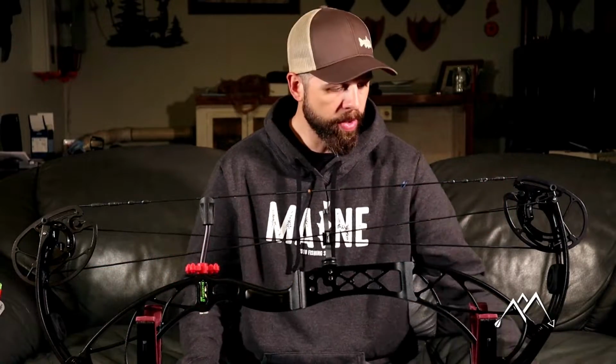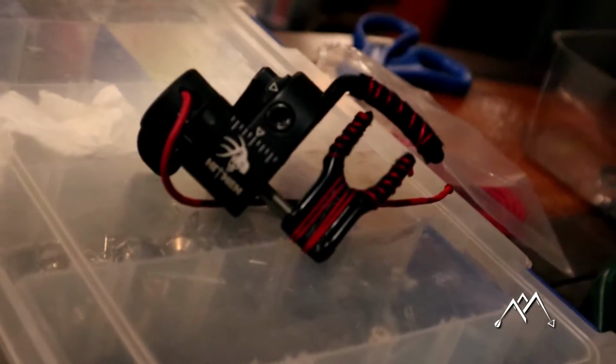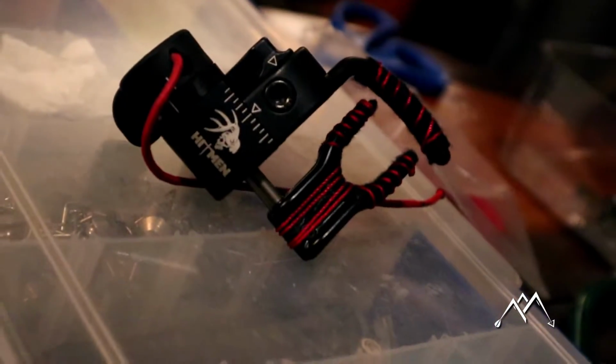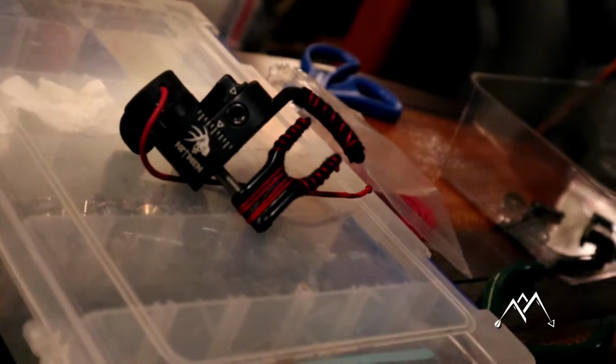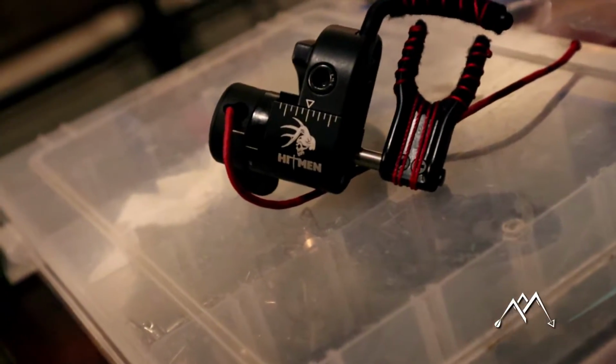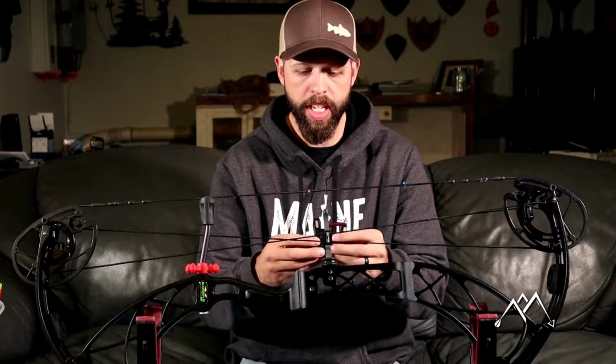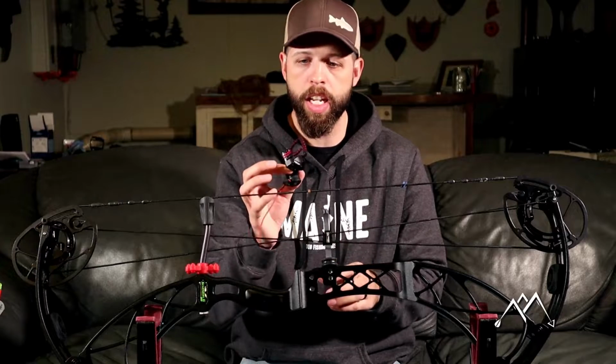So we're going to probably zoom you guys in and out a few times, get everything set up. First thing that we're going to do today is set up the QAD Ultra Rest. And I already did some fancy string tying in. I did that off camera as well because it was the first time I ever did it. I had no idea how to do it, and I don't know if it's actually going to hold up. So it's going to be new for me. So we'll zoom you guys in, and I'll show you kind of how to get the basic setup of your